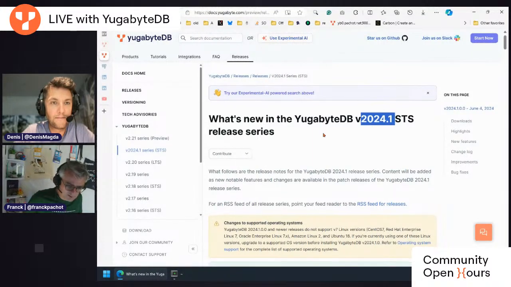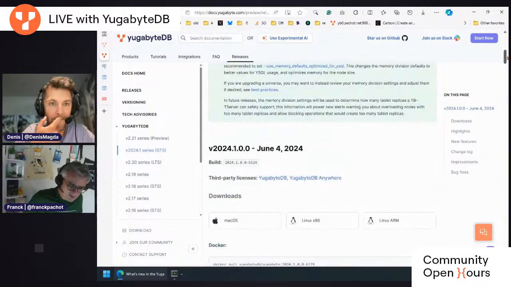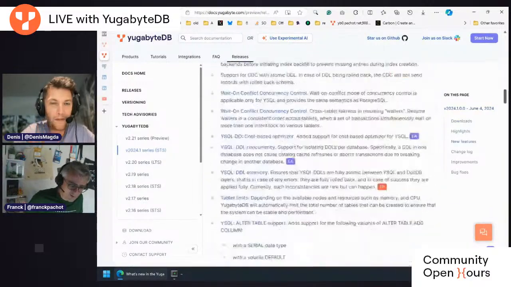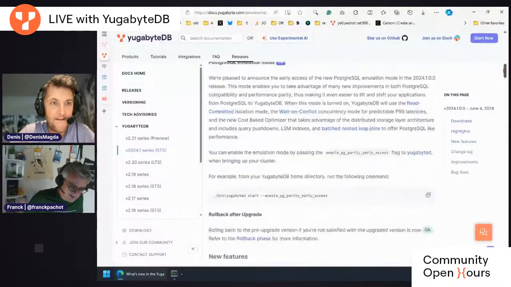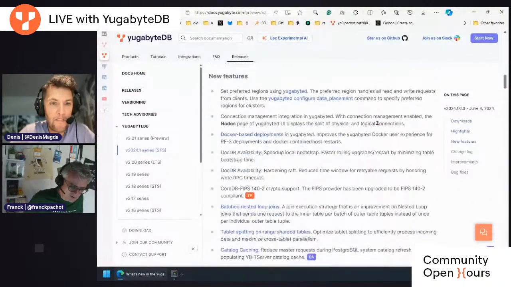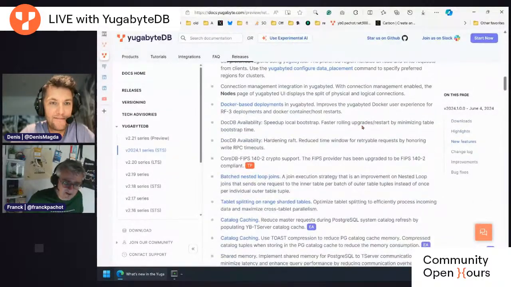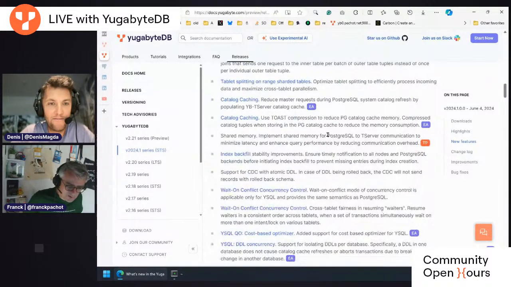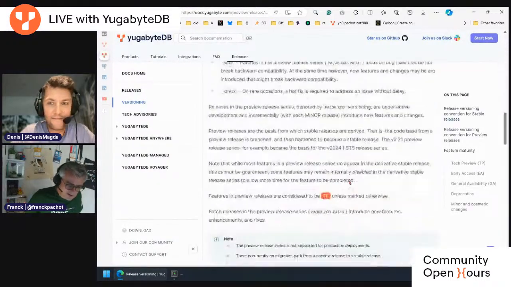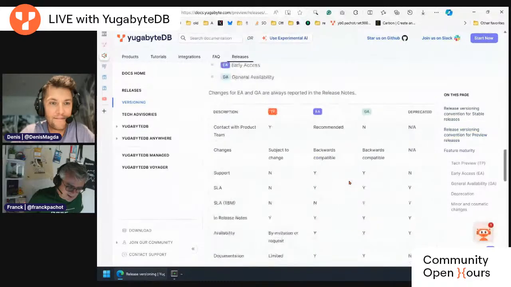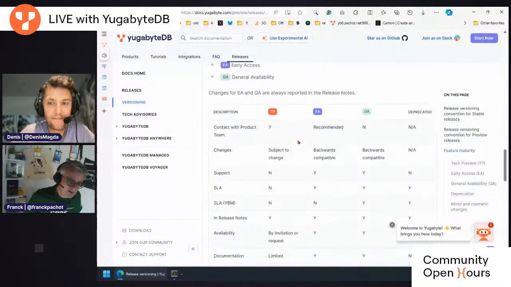And in the documentation, there is the list of everything that went in. There is a summary, which I think we generated with some AI. And there are a lot of tags. If we click on the tags, then we have the explanation about what is early adopters and what is technical preview.